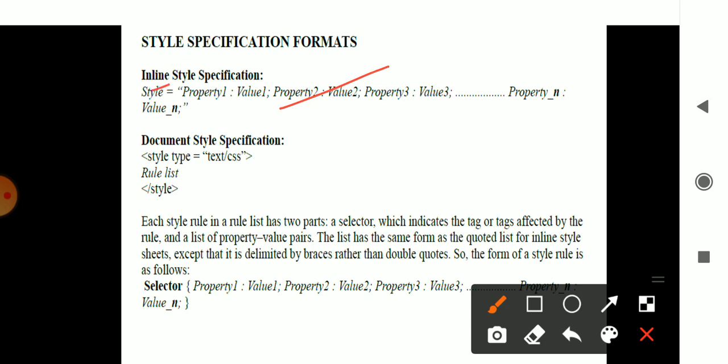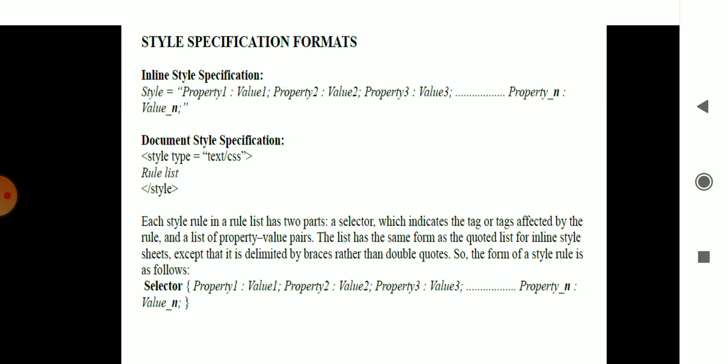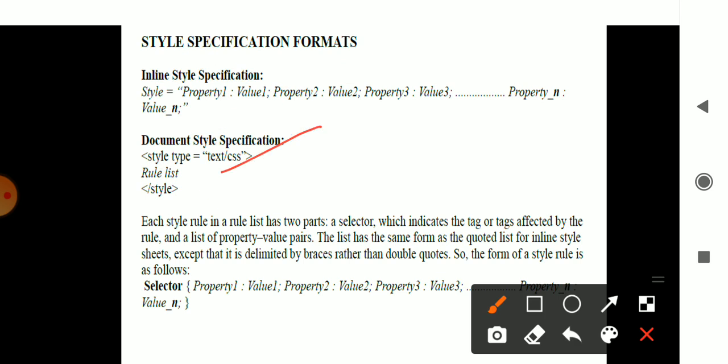So you have a style in which you mention any of the properties and its value. In the same way, from property 1 to property n, it will take a value. So the document style may be of any type you consider. Here an example is considered with a text file, with cascading style sheet, and any of the specified list will be specified according to the property, and the style is closed.